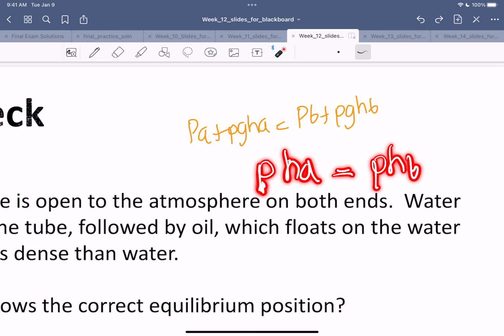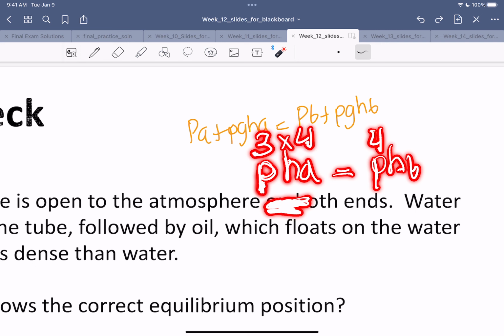I don't know, it's a habit. But let's say here you have the density times the height there for water, right? Then let's say the density is 3 for oil, and the density for water is 4, right? And let's say this term, we want it to be equal to 12. If we want this term here, density times height, to be equal to 12, then 3 times 4 is 12,